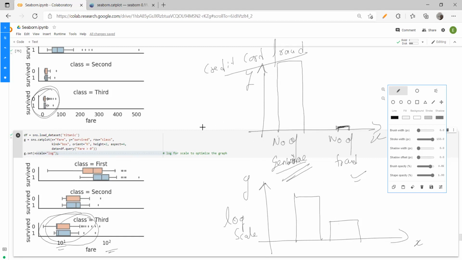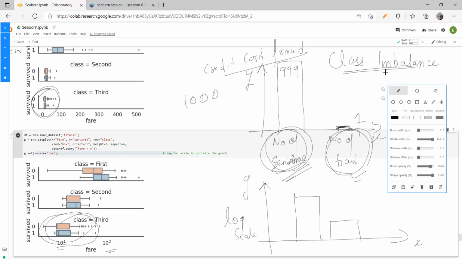So if you're working on such cases where the classes are not balanced, this is called a class imbalance. We'll talk about it later in machine learning as well. A class imbalance is basically when you have a particular class, like genuine transactions, that is comparatively far higher, and fraud transactions that are comparatively far fewer. Let's say out of 1,000 transactions on a credit card, 999 were genuine and only one was a fraud transaction. Such a thing is called a class imbalance.